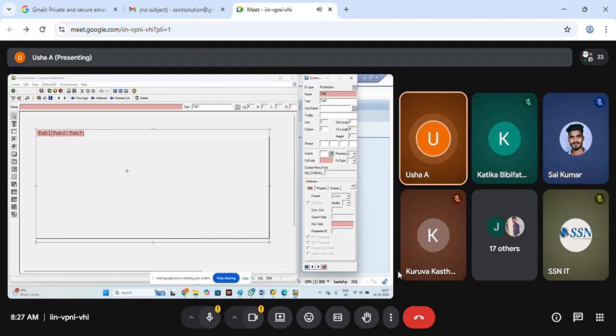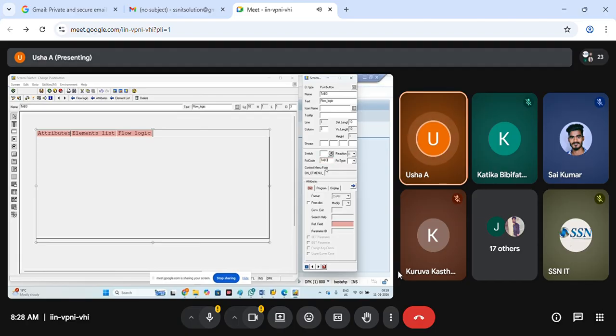Name I'm just taking as tab 1, and it is attributes tab, and FCT code is a must because action is required. I'm taking the name and the FCT code as same so that I can remember easily. And then go to tab 2, which is elements list. You can give anything. FCT code is tab 2. I'm maintaining the name and FCT code as same so that I can remember. Tab 3, which is flow logic, the FCT code is tab 3.